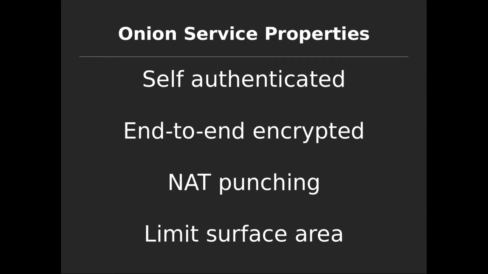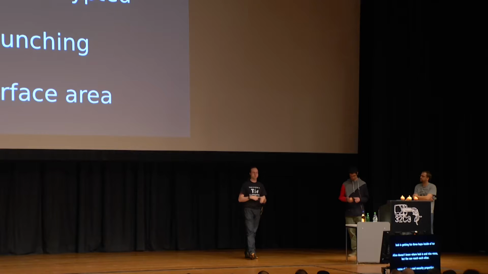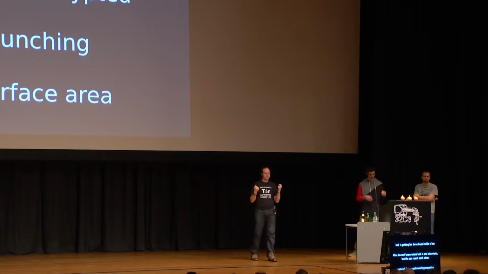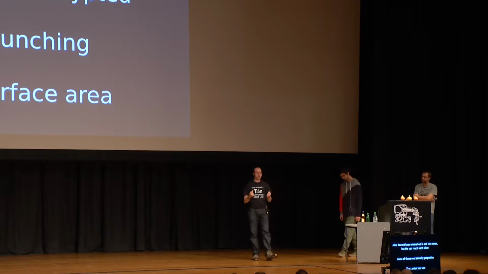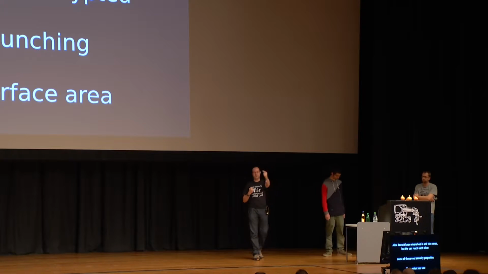So some of these cool security properties, one of the really cool ones is that .onion name that you saw, the big pile of 16 base-32 characters. That is the hash of the public key of the onion service, which is the onion address. So they're self-authenticating, meaning if I have the right onion address, I can be sure that I'm connecting to the service that's associated with that key. So I don't need some sort of certificate authority model where I trust Turkish Telecom to not lie to me. It's all built-in, self-authenticating.